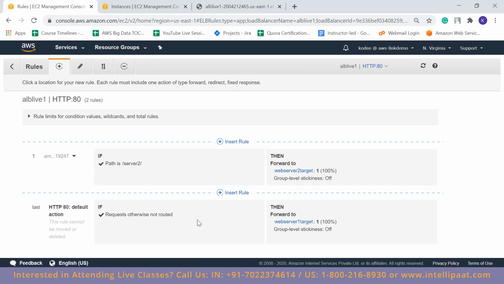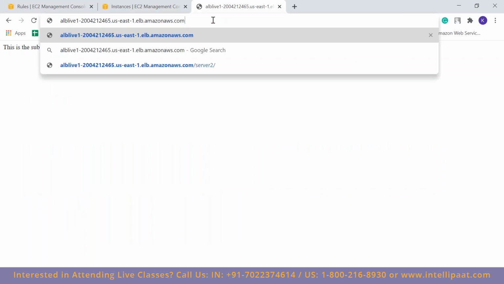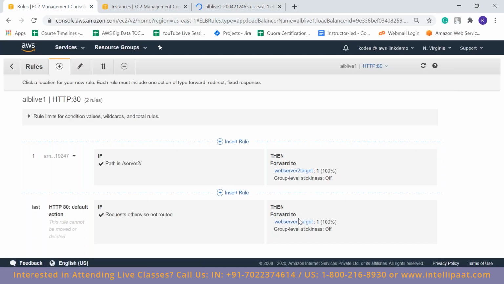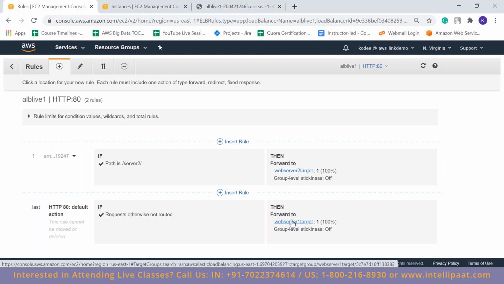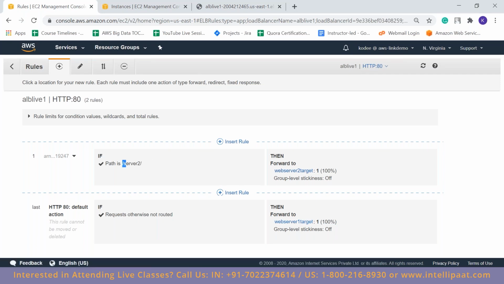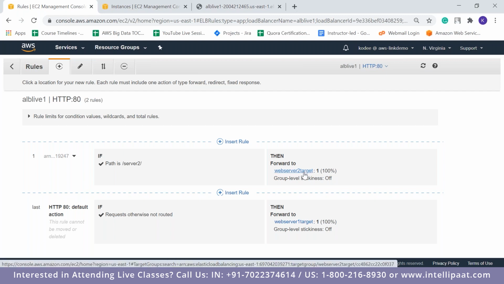If I'm just typing the DNS name directly, it will always take me to target group 1. But whenever I type this path, it will take me to target group 2, because it will check the rules page, and if any rule is true, then it will forward it to that particular target group, and this target group is associated with instance number 2.